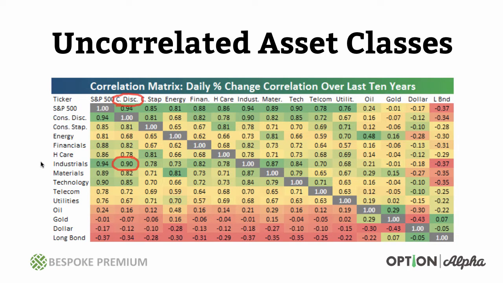So if we're making two trades in consumer discretionary and industrials, they're going to have a high correlation of moving together in the same direction. Does that mean we can't make a trade there? No, it just means we have to be aware that there's going to be a high correlation between these two. This is a great little chart to use, from our friends at Bespoke, showing correlations over the last 10 years across these different